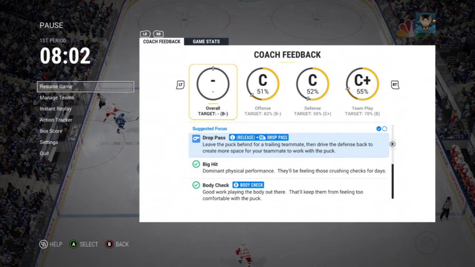Today I'm going to be talking about camera settings. Camera settings are crucial to being able to see everything that's going on on the ice. When you first start out the game,